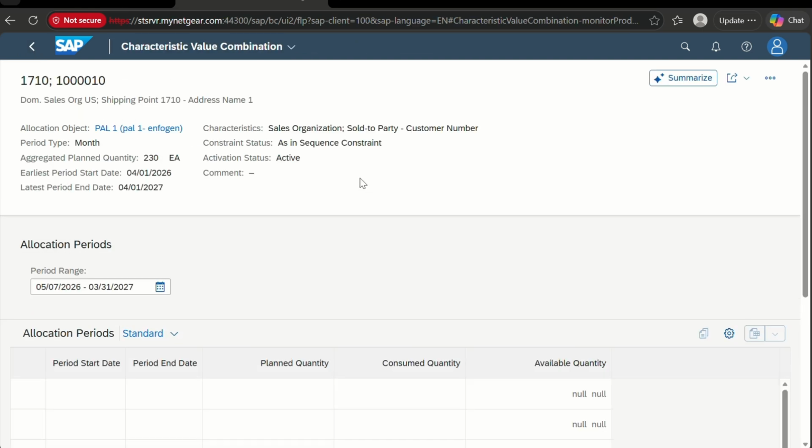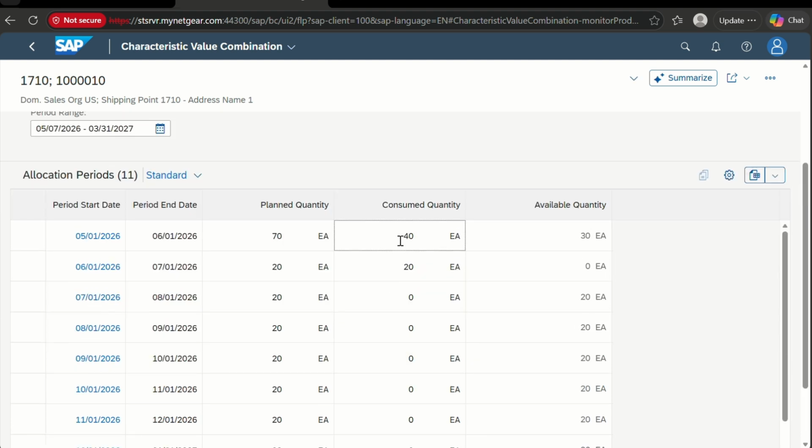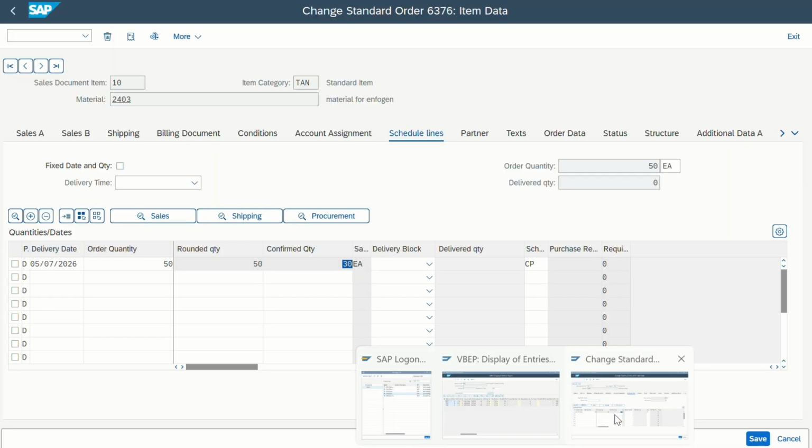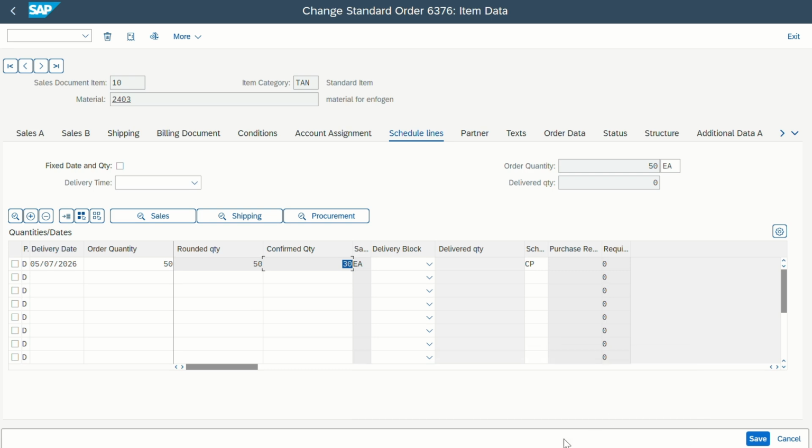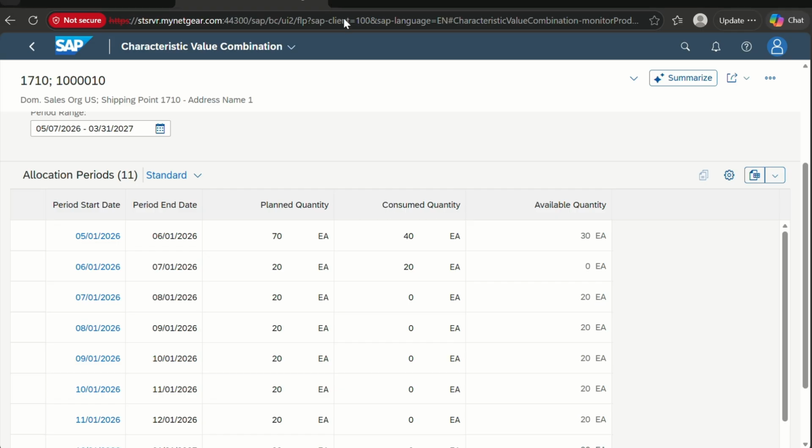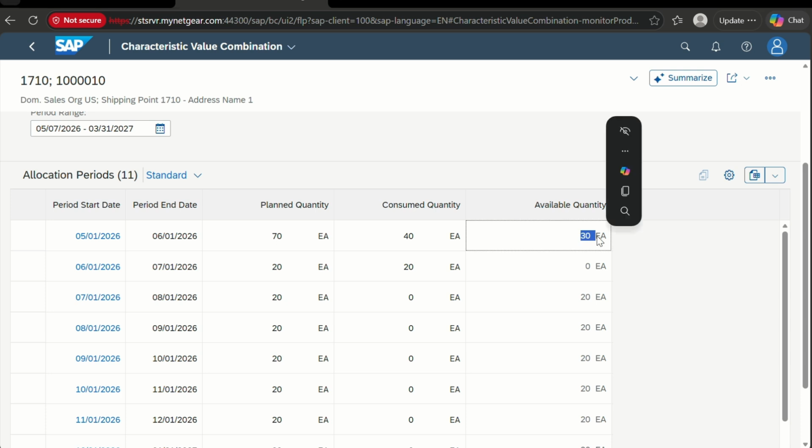We have planned for 70 quantities. If I show you once again, this is 30, right? As you can see, 30 is available. That is why it is allowing us to take 30 from here. Okay,